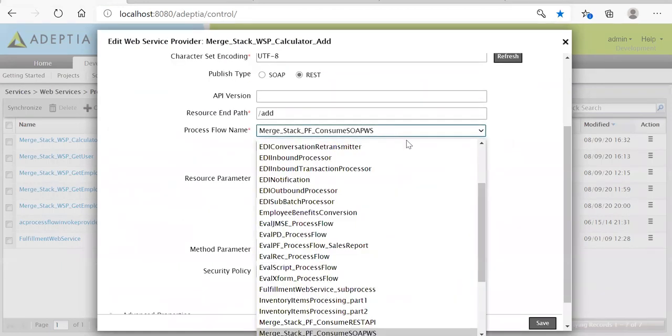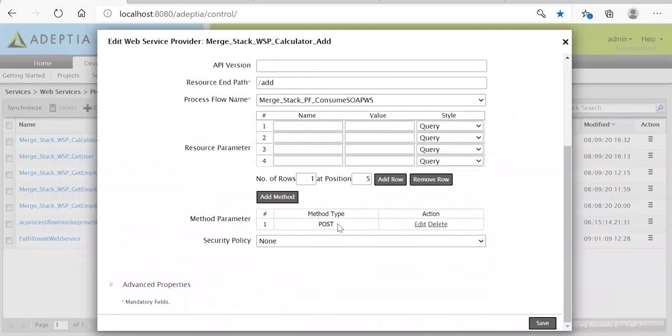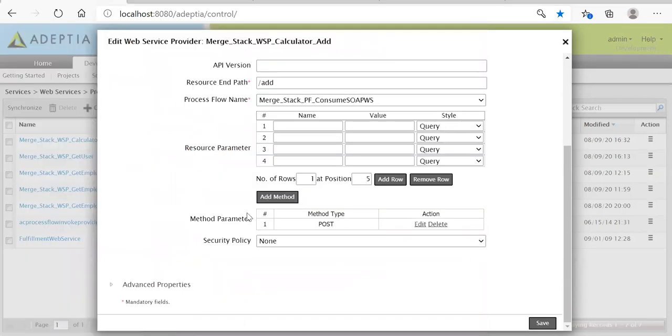Here I'm selecting that use case implementation, and we need to select the post method because we are sending the request input, int a and int b, as XML. So we are saying that the request will be XML and the response will be XML. Once you select the media type in the presentation layer, it will ask for the schema. I have already created XML schemas for both the request and response. So we are ready with the provider.